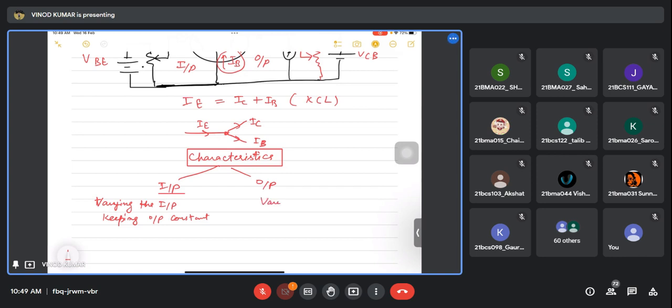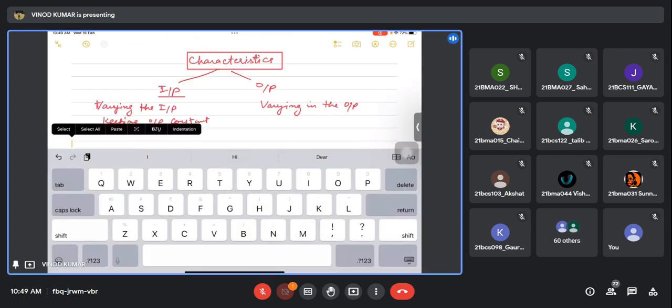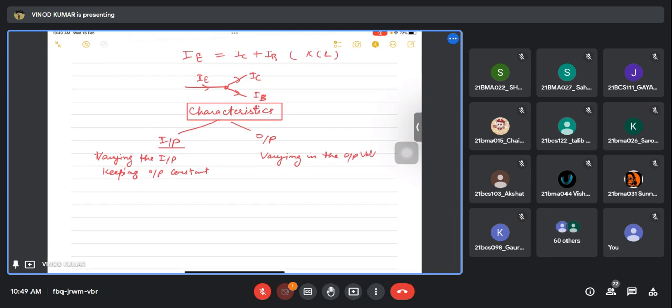And here we have variation in the output voltage, in fact, keeping the input side constant. That is how we define it. If we talk about input characteristics,